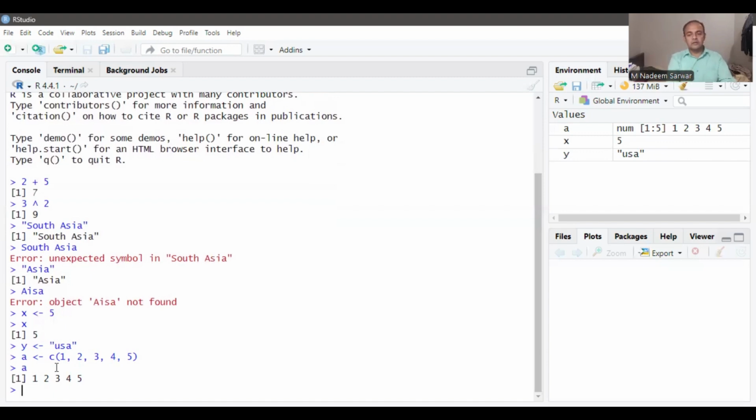Okay, so this is all about creating variables. You can create multiple variables. You can create as many variables as you like, alphabetic variables, having numerical values, having some characters,